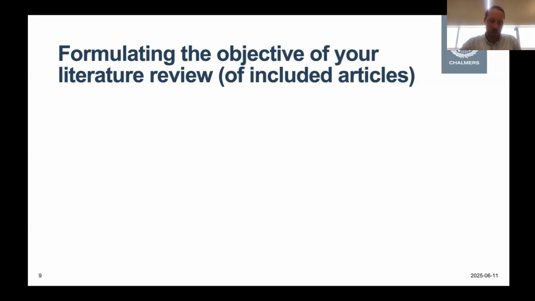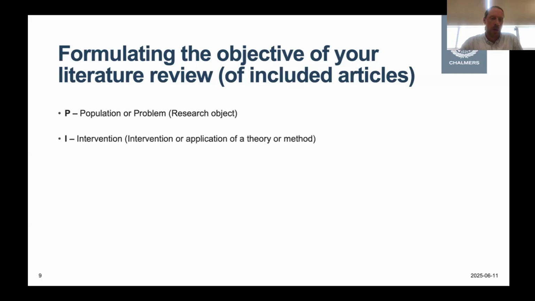And there's a statement that you generally would use that is, in short, called PICOTS. It tells that you need to define the population or the problem of your research object. You need to define the intervention that your study is going to make, or the intervention or application of a theory or method. That you can define a comparison that you do,